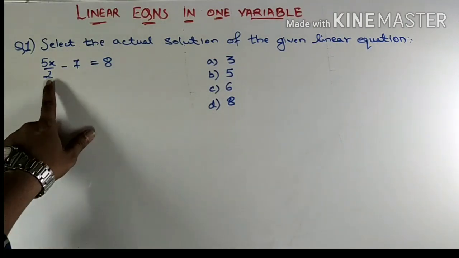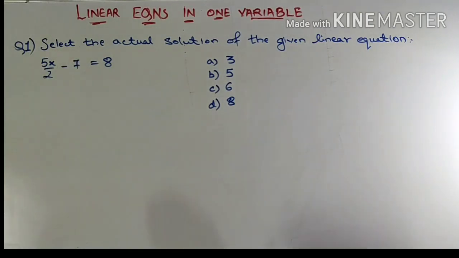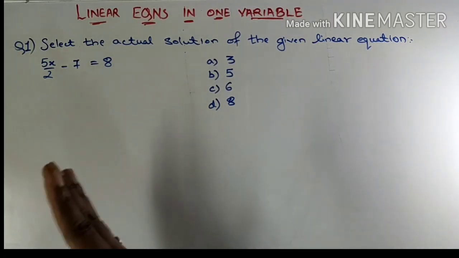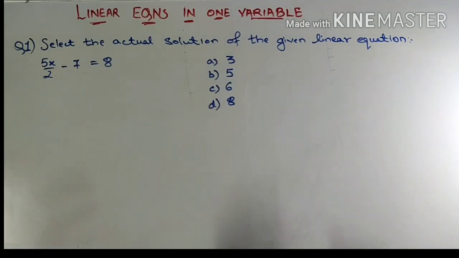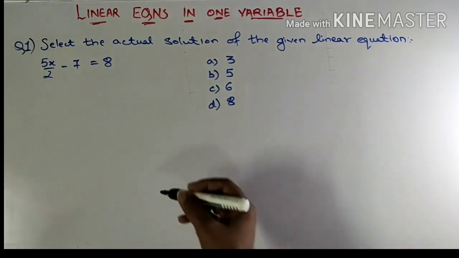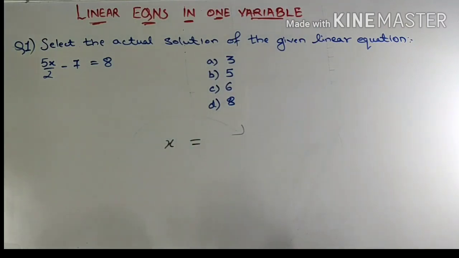I want to get rid of this 2, 5 and 7 from LHS because there is a rule that you need to keep the unknown variable on one side and all the known numbers on the other side of the equal to sign. If you want to find the value of the variable, that is x, you will have to take all the known numbers on the other side, but it's not an easy task. You need to follow basic mathematical operation rules. Okay, so let us begin.